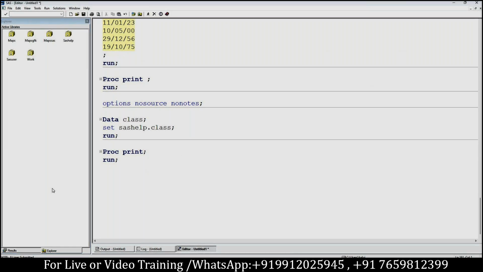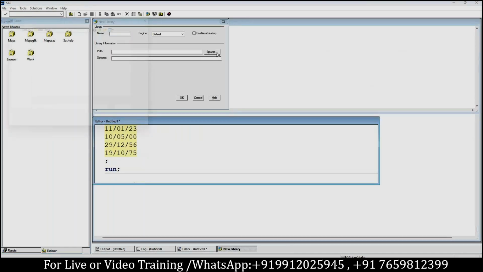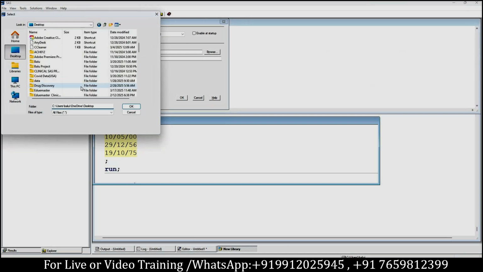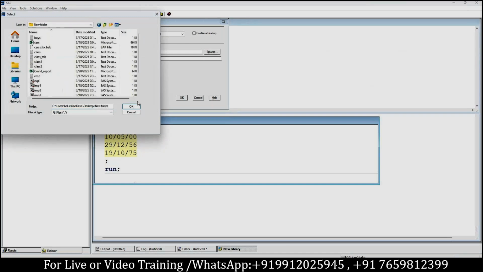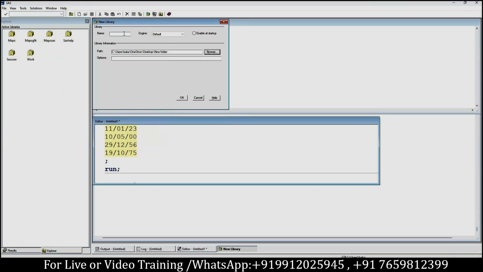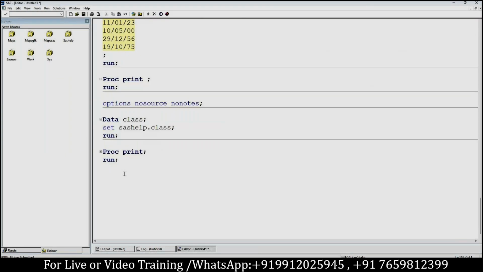For example, first create a library. New, browse, desktop, new folder, XYZ, enable it at startup, okay. The XYZ library got created, right? Now options user equals to XYZ. Once you run options user equals to XYZ,